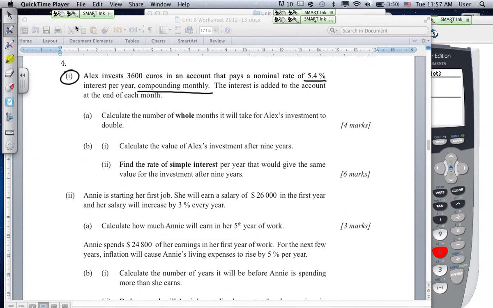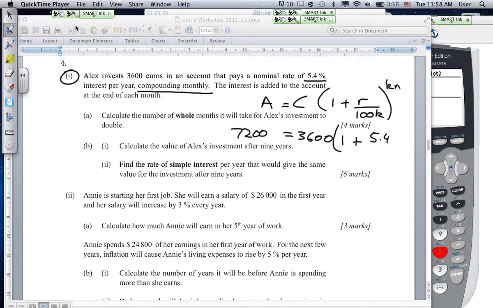So we're going to be using our formula, and in this we would be using this formula over here, that A is equal to the capital times 1 plus the rate of interest divided by 100, and you can use K in there. Okay, that's the formula that we would use. Now we're looking at the number of months that it would take for it to double. So we're starting off with 3,600, and so it doubles to 7,200, and the rate of interest is